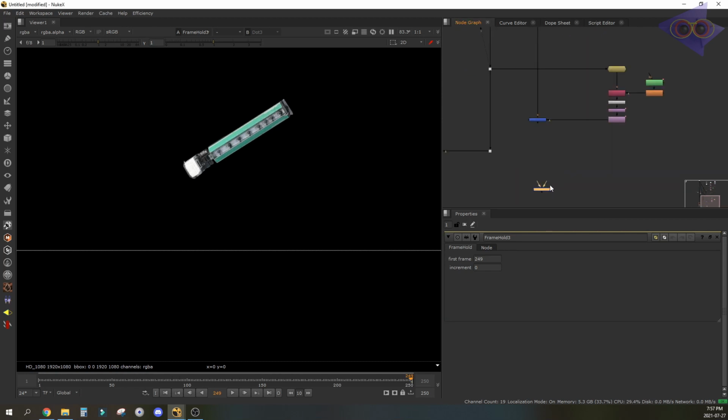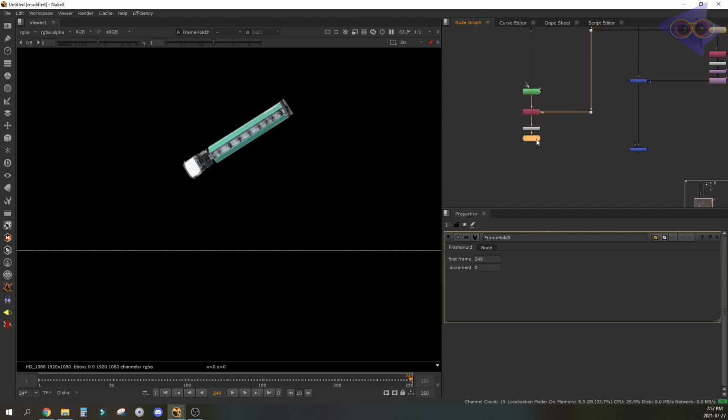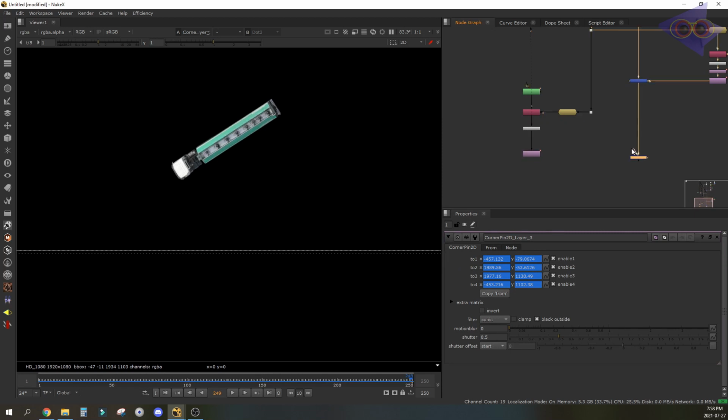Merging that with the input. Copying this track to get the shot movement. Let's attach the frame hold here. Cool, let's merge this.